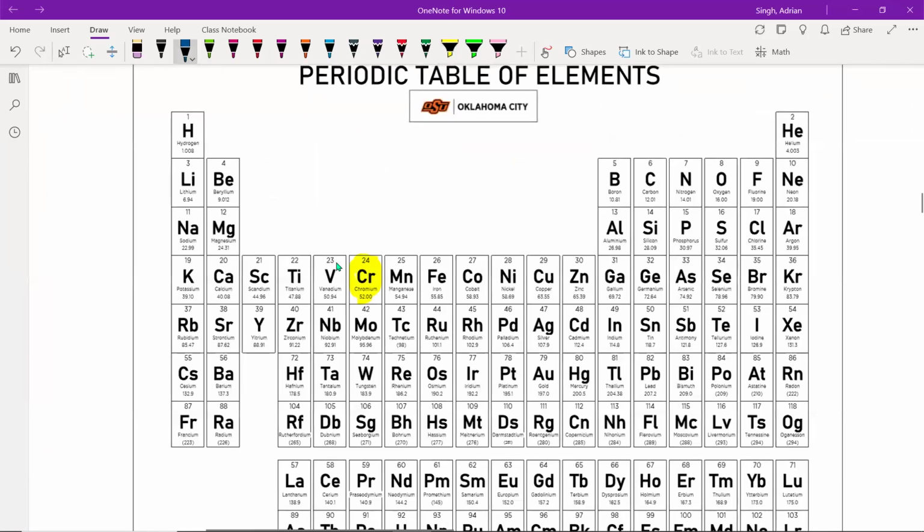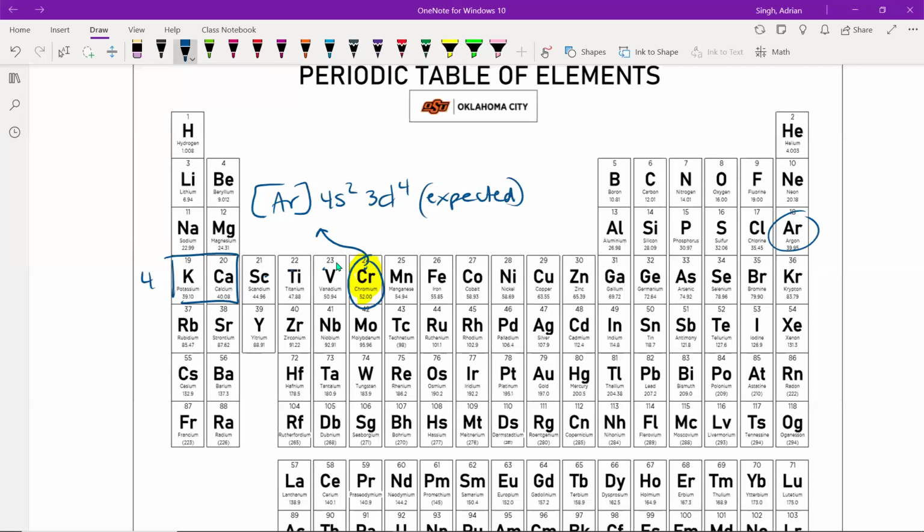So we have 24 electrons. And again, if we use our noble gas configuration, we go backwards from chromium. The noble gas that came before it is argon. Then 4S2 to get me to calcium. Then when we get to the D, the D block here is numbered 1 less than the S. So the S was 4, the D would be 3, so 3D, and then we go 1, 2, 3, 4. Okay, so chromium, based on the rules, should be argon 4S2, 3D4. This is what's expected,